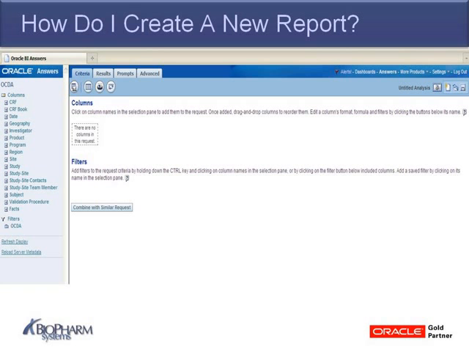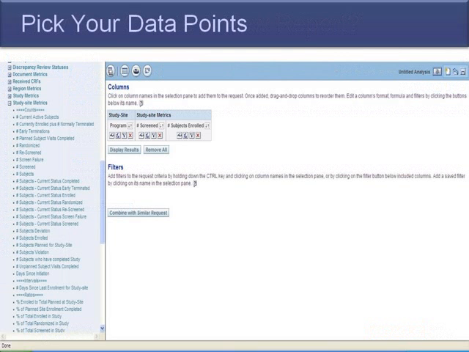So what you can do is, as you come into Answers, over on the left is your data dictionary. It's all the things that you have. So you have studies, you'll have sites, you'll have regions. Then you'll have all these things about discrepancies, all these facts about document tracking, all these facts about page tracking, termination, all these business questions, these business areas you're going to have information about. And what you do is you actually start expanding the parts you're interested in and clicking. And in this case, this person said they want study site,